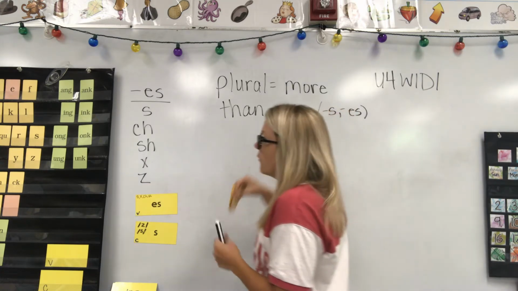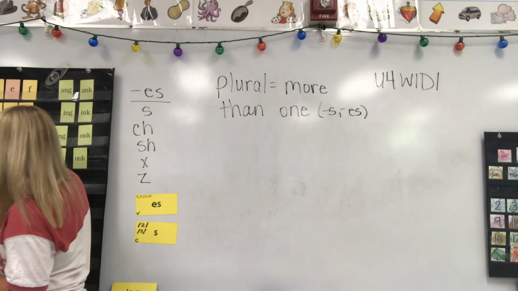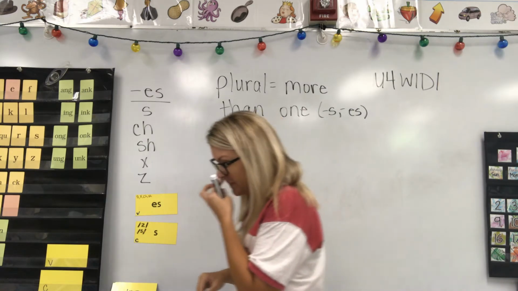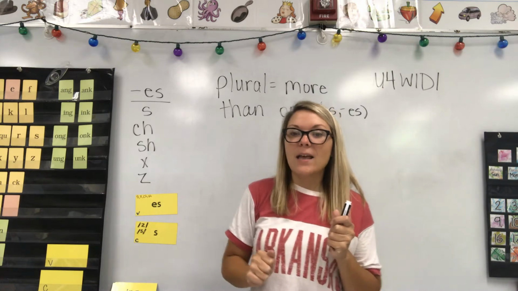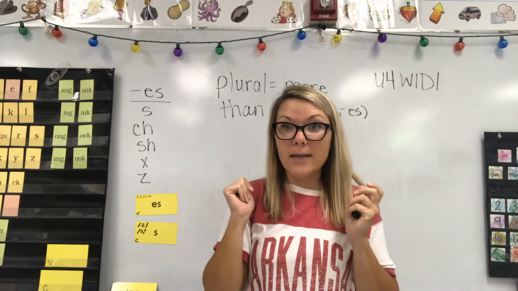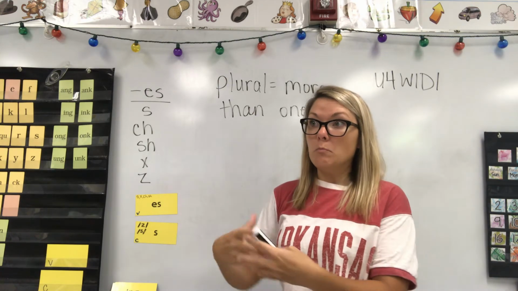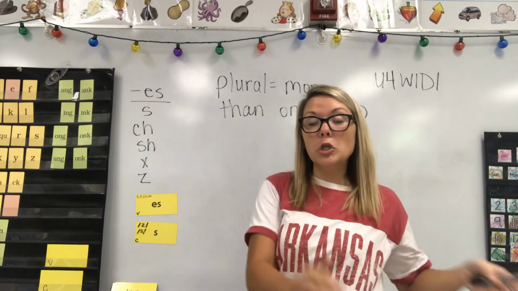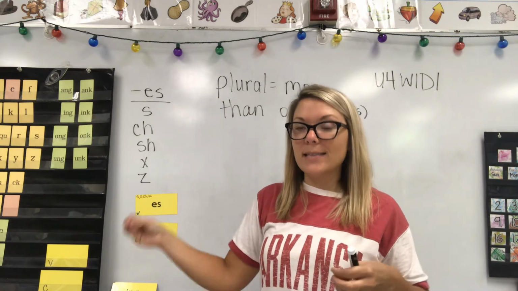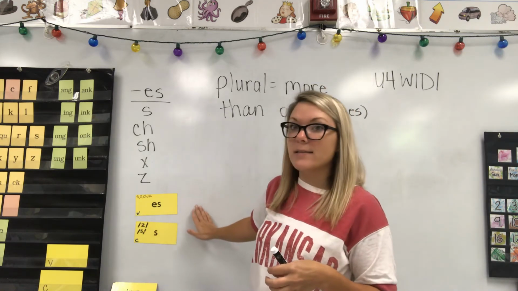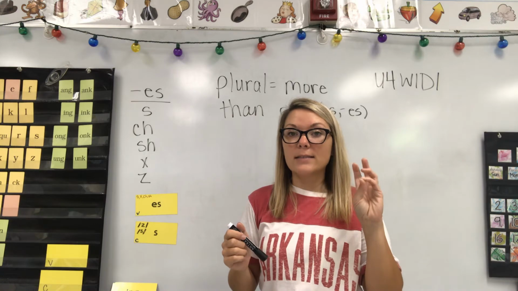Alright, let's look at another one. And remember, when we are doing base word and suffix, you always make your base word first. Alright, let's do glasses. I am wearing glasses. Or you drink from a glass. Or there are more than one glass on the counter. There are 2 glasses on the counter. Okay, so I have to think, what is my base word for glasses? Well, if my suffix is ES, then my base word is glass. So if I tap that out, glass,